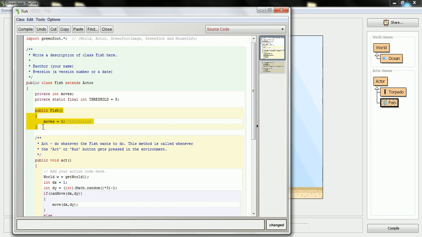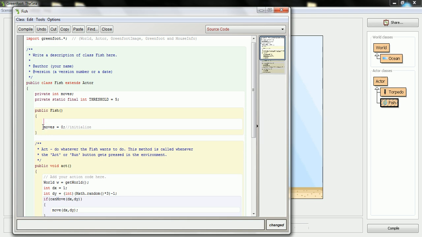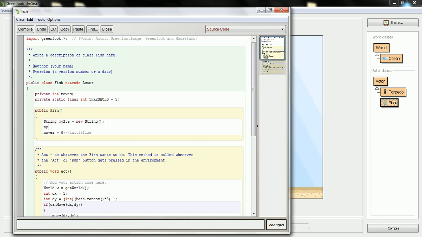So if you say myString is a new String, then that is calling on the constructor for strings. So it will go right to the code and make sure everything is there so that you can build a string. Then once it's built, you have access to all of its methods, like myString dot, whatever you're doing, like a substring,